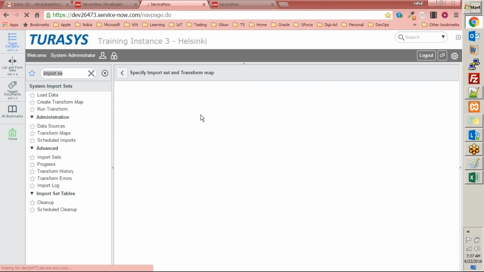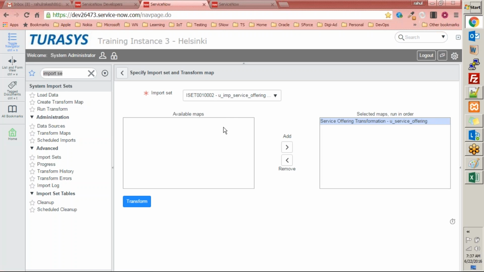When I transform, it will first ask me for a confirmation step, right? So I pick the import set that we created earlier. So that import set is here. Now using the same import set and the service offering transformation map that we just created, I'm going to transform